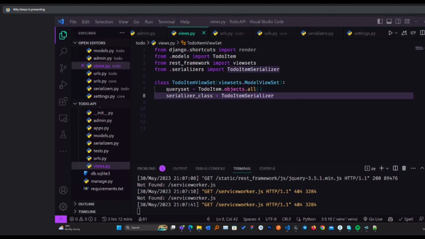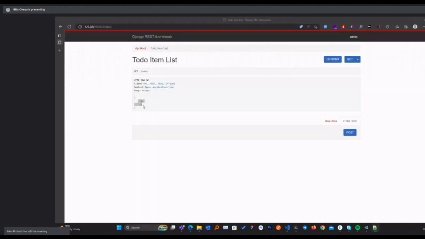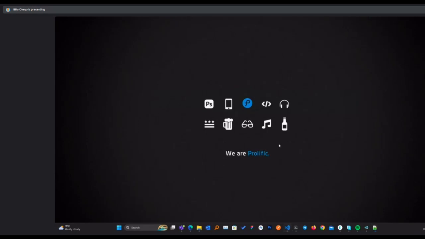Serializers also seems okay because we specified we need all the fields from the to-do item. URLs also seems okay.